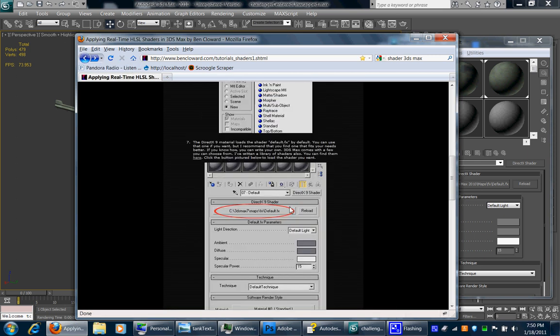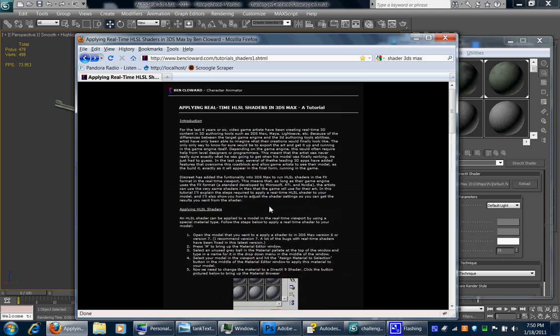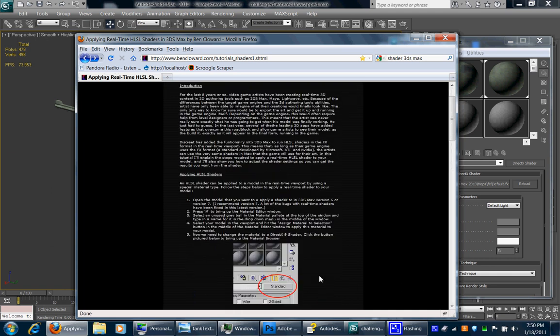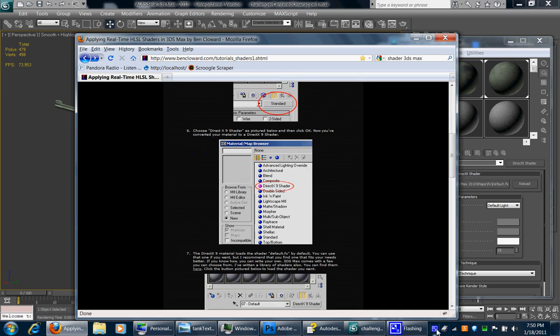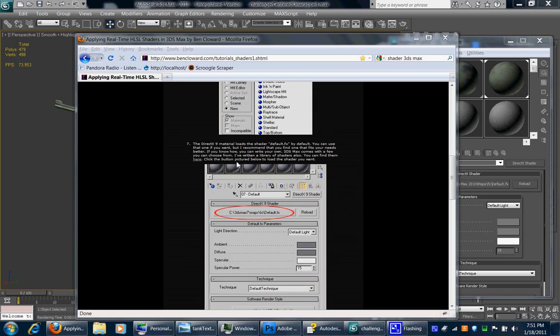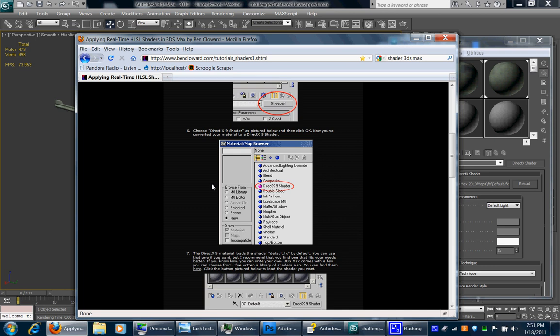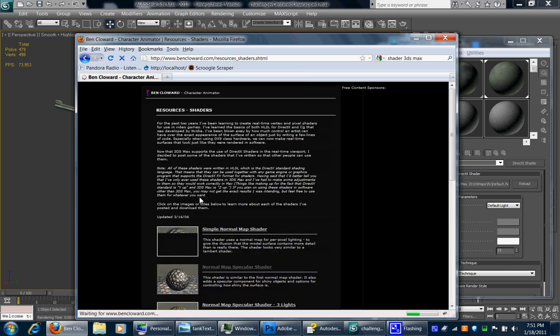So we want these normal maps to actually show. Let me find this link real quick. I'm going to pause the video. So this is the link. It's on number 7, where you can actually download the DirectX 9 shader, Ben Cloward's DirectX 9 shader. When you click it,